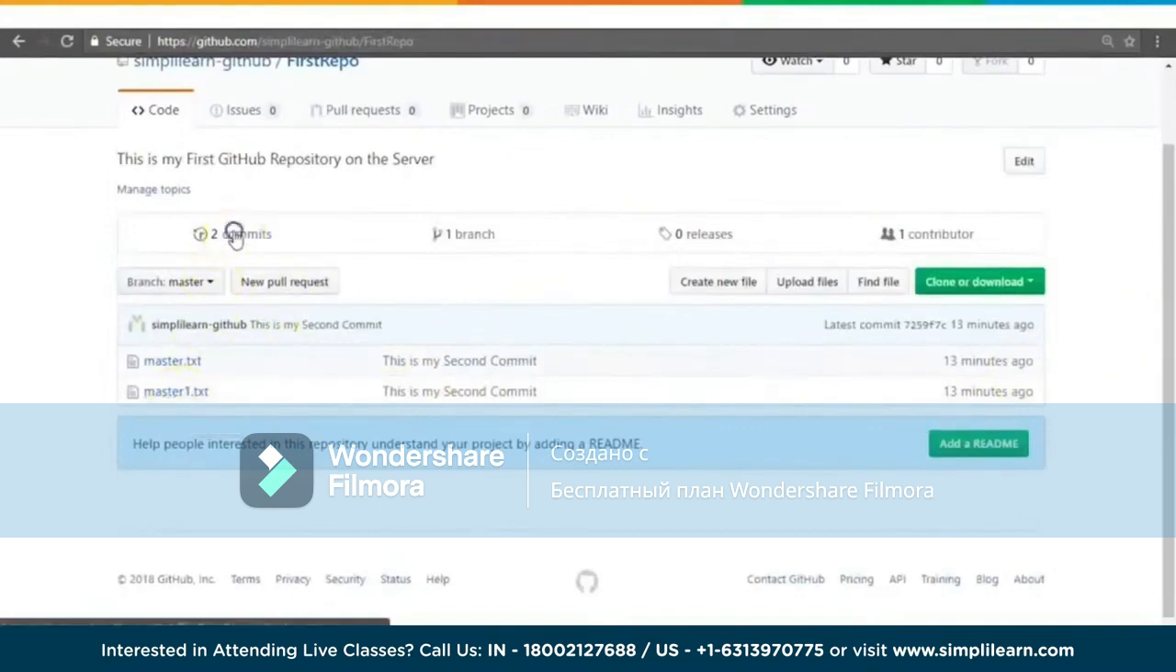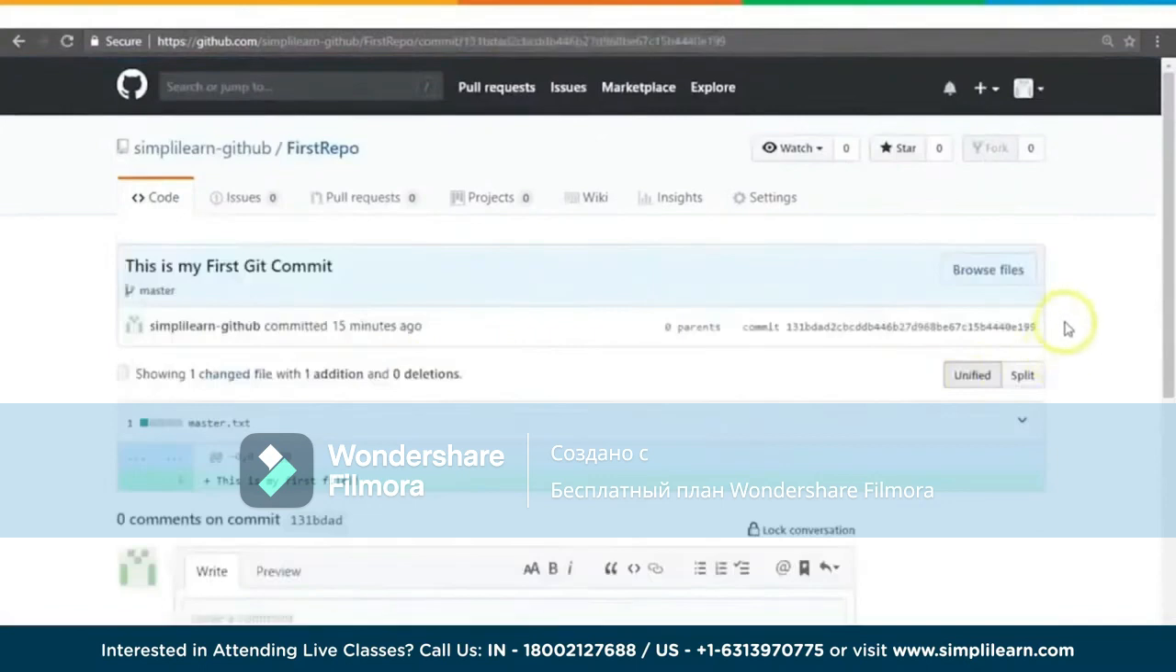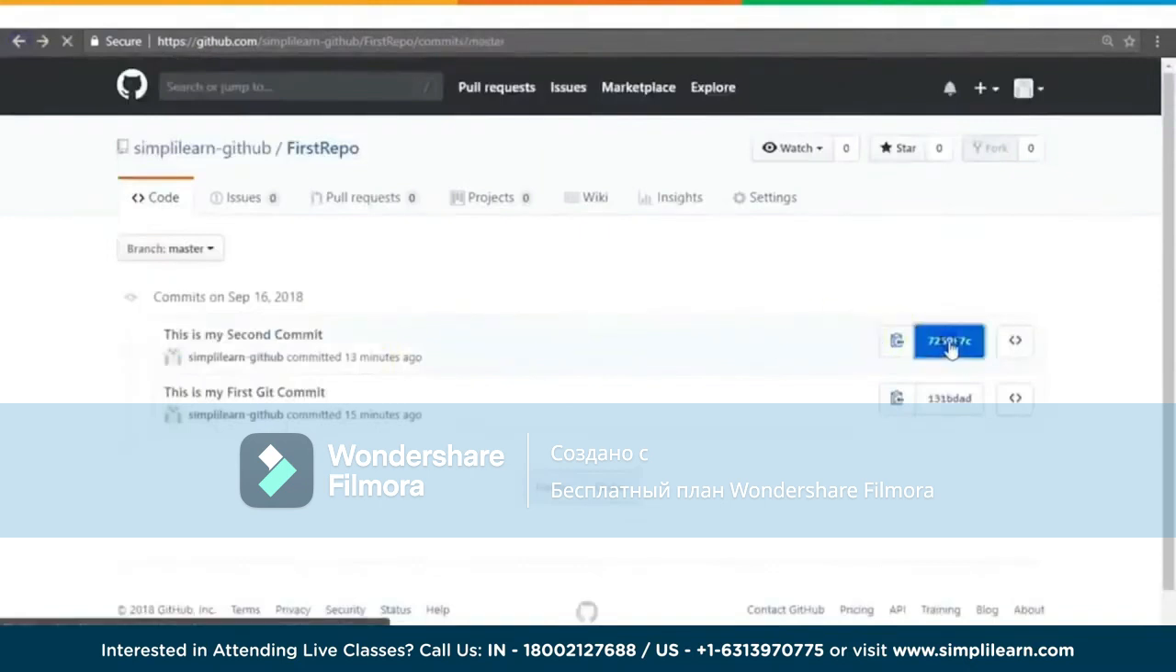master1.txt. If at all I see the commits, there seem to be 2 commits. This is my first commit, this is my second commit. And if you notice, each of these commits comes with a hash key or a hash ID, which contains the details of my commits. In this commit, the files were added. This was the line that was added. If you look at the second commit,